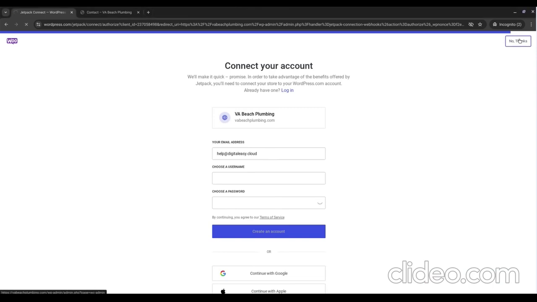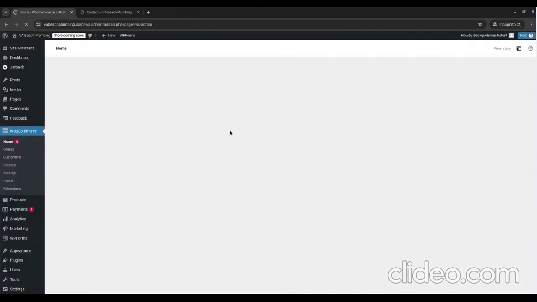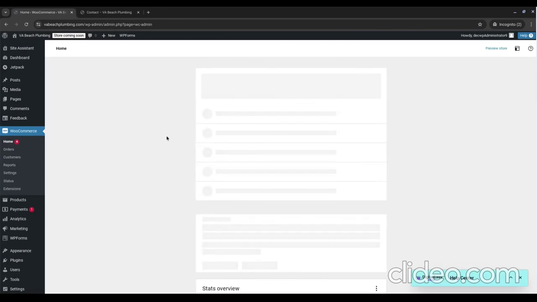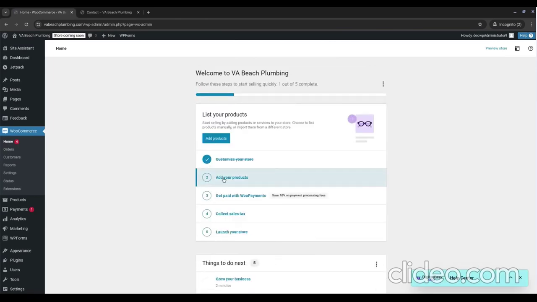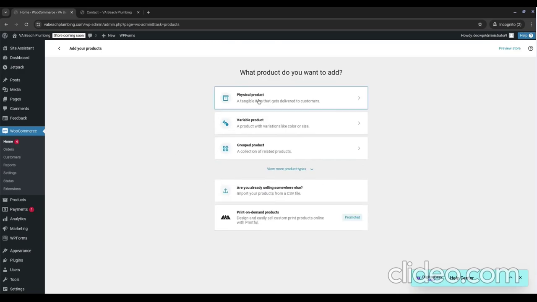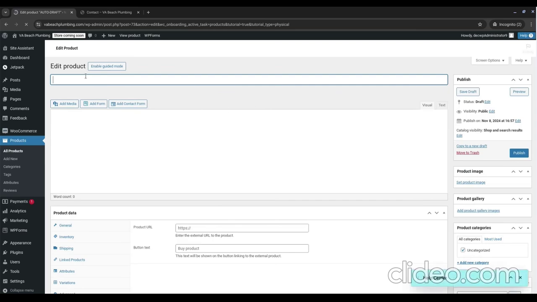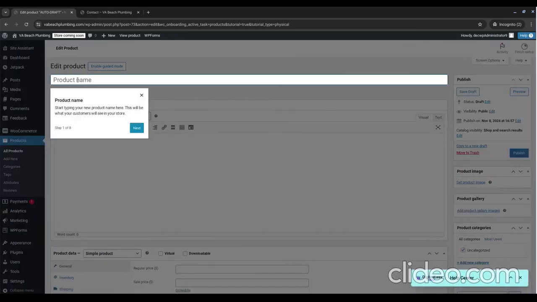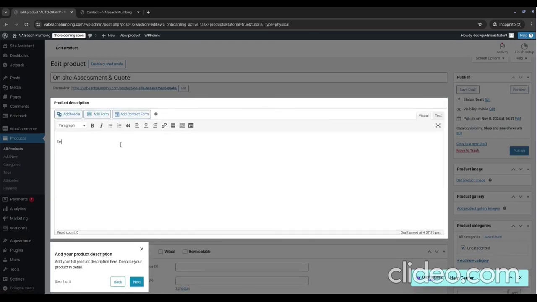Okay, now that WooCommerce has built our store, we can go in and actually edit it and add products. It'll drop us into a guide of steps to take, and the first step is adding products. So we'll go into add our first product, and actually as you add your first product, it will guide you through the different fields that are key fields that people will typically choose. There are many other options that you can play around with and learn about and adjust different things, but